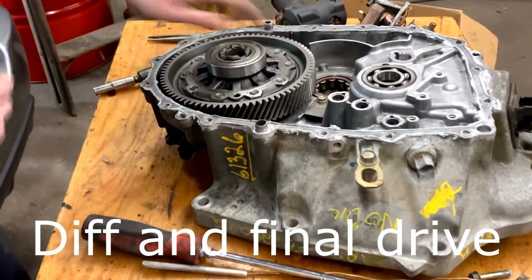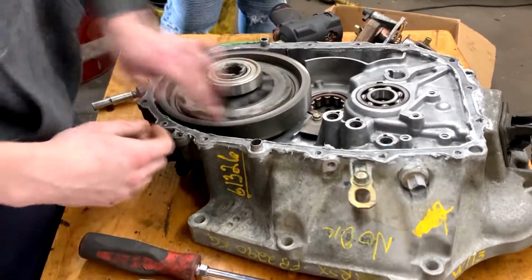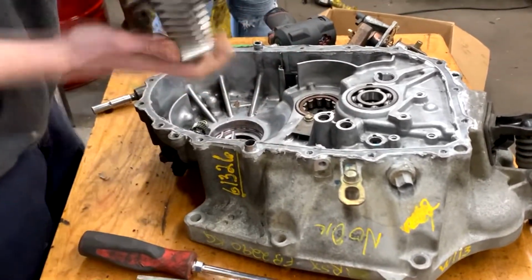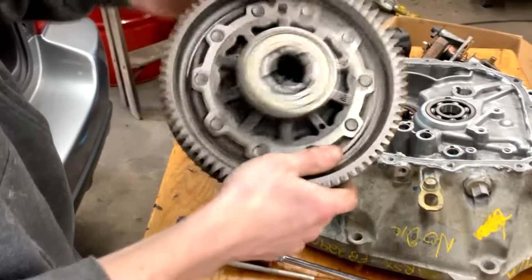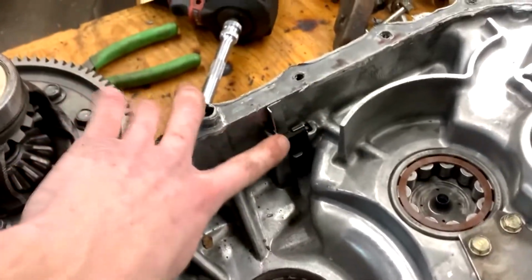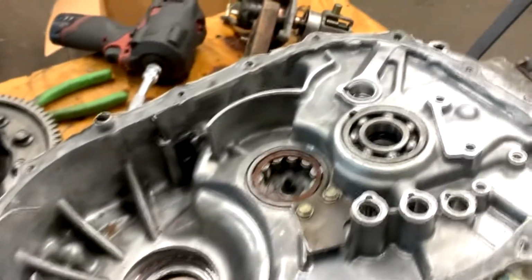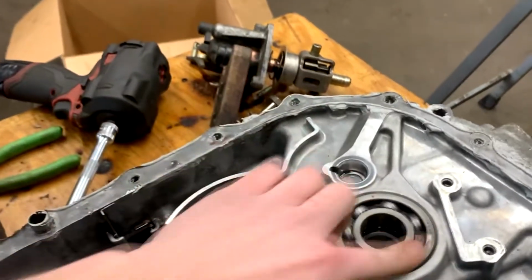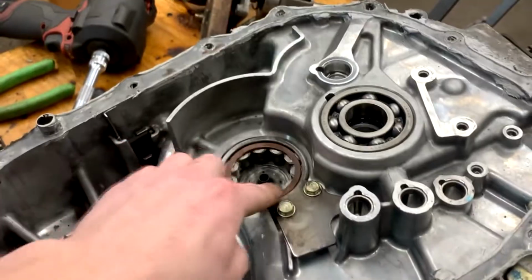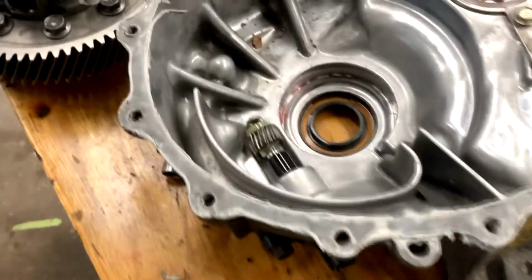Alright, so now we're going to get the final drive out. It's usually pretty tricky to get this out, so you're going to want to spin it a little bit and just pull it right out. And here's the open diff and the two bearings. Looks like you have a little magnet over here. Before you put it back together, you're going to want to clean that off. It's going to have a bunch of debris. Here's the main shaft bearing and the counter shaft bearing. If you ever rebuild it, more than likely it's best idea to replace those. And then here's your speedo